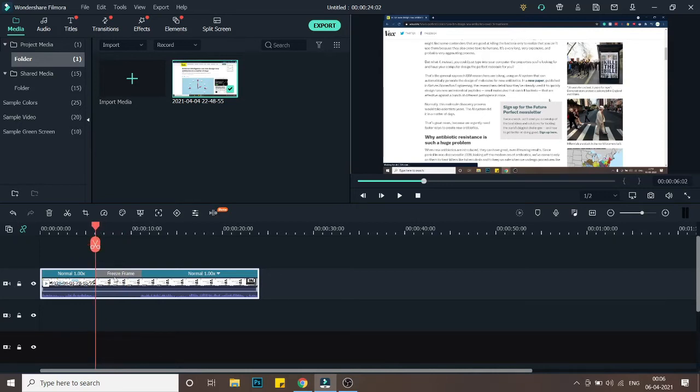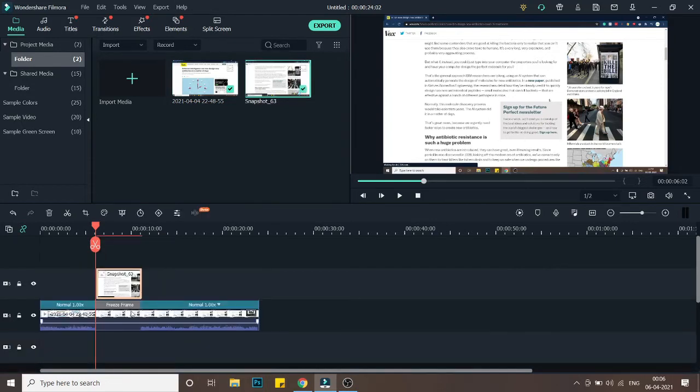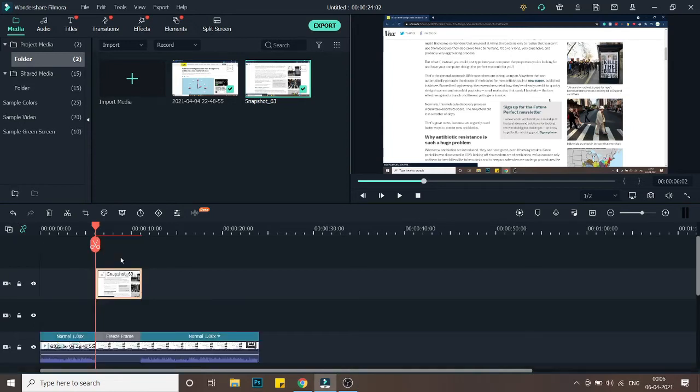Going into the first frame of this freeze frame, I will click on snapshot from this camera icon over here. Once I click on snapshot, a snapshot will appear over here. We'll be adding the snapshot above this screen recording video of the article. But between this screen recording article video and the snapshot, there will be another blank sample color which we'll be adding. We will understand that a little later, why we are using that.